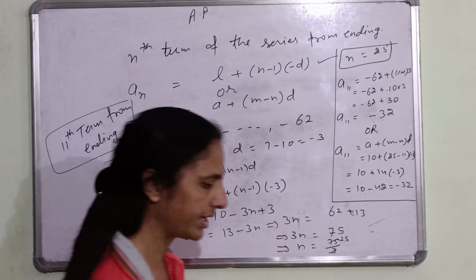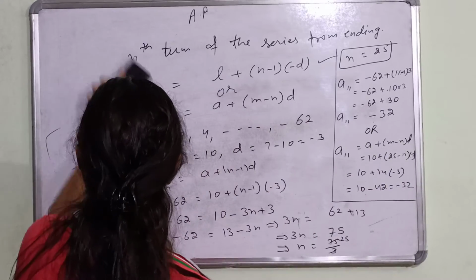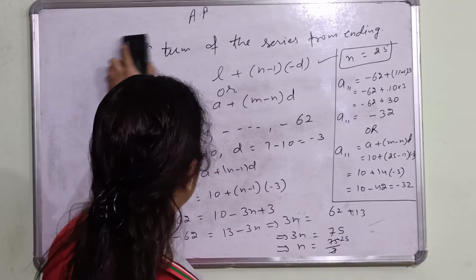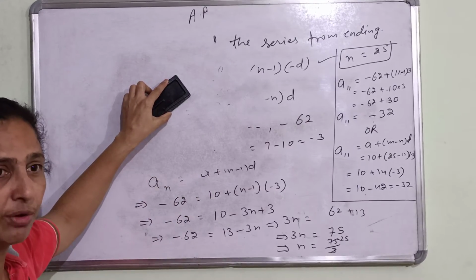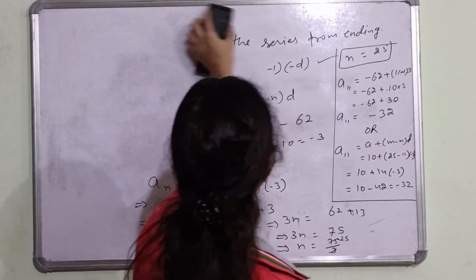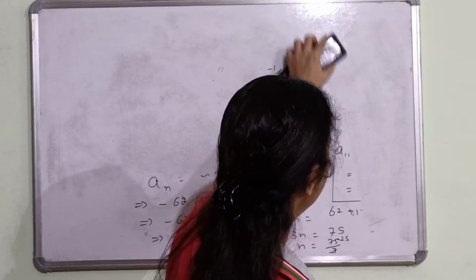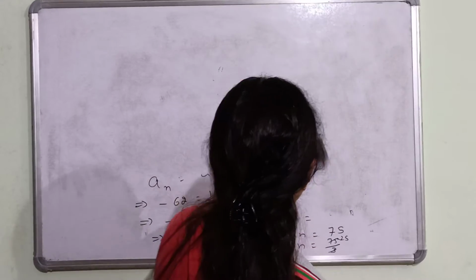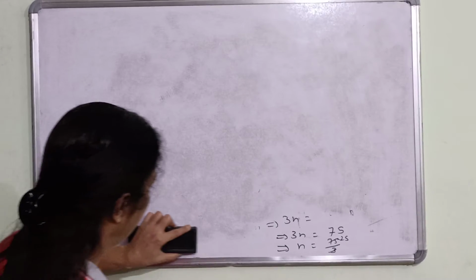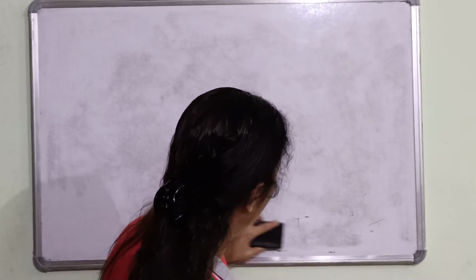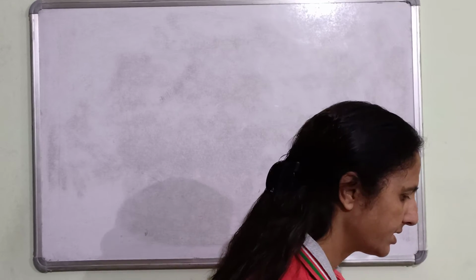Let's take one more example to solve. So now you know how to find the nth term from the beginning of the series and the nth term from the ending of the series. These types of sums will be there in your exercise, and you can solve those exercises. Now the next concept: we will take two or three more examples so that you can understand the questions very well.